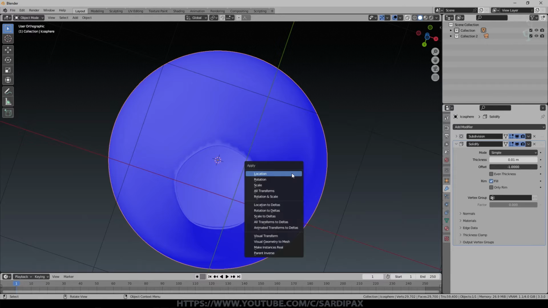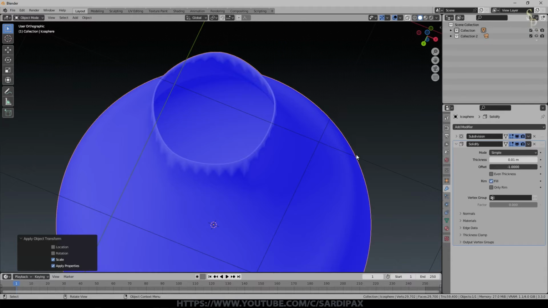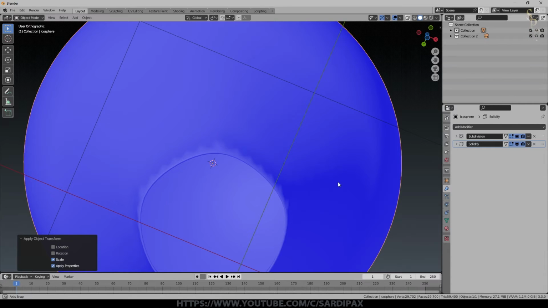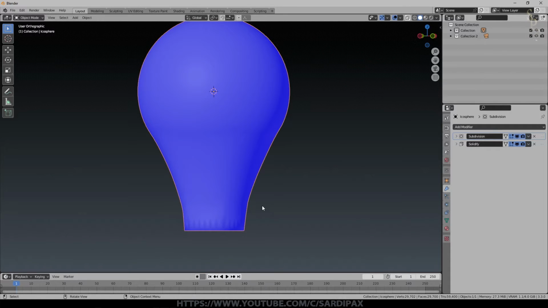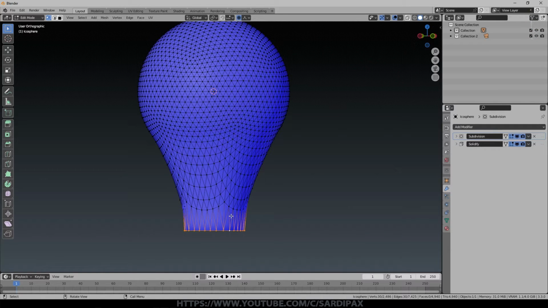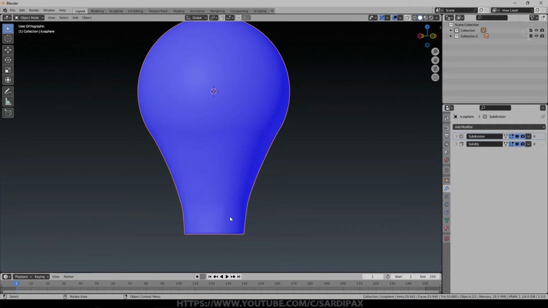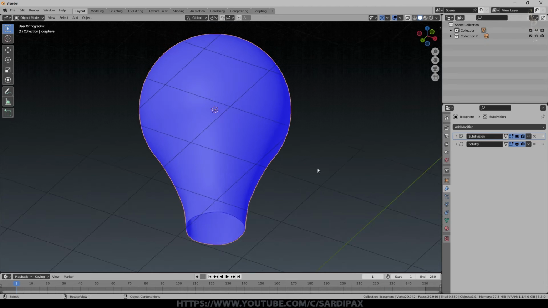I'm going to apply scale, and then we'll just have a look. We don't want it very thick, obviously. So yeah, I think the default is about right there. And then we can just decide whether we want the subdivision surface above or below. Now, although you can theoretically leave that where it is in terms of just adding another ring of vertices on the bottom there just to make it a bit smoother, although you can leave that as is and use it with those modifiers, I'm actually going to apply those modifiers.